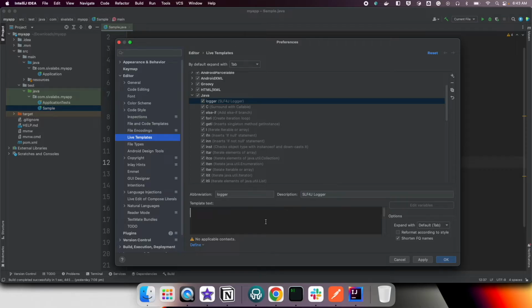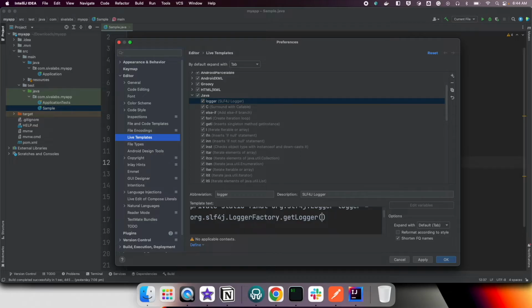For the template text, we can give private static final, and instead of giving just the class names, let us give the fully qualified names: org.slf4j.Logger equals org.slf4j.LoggerFactory.getLogger, and here we need the current class name